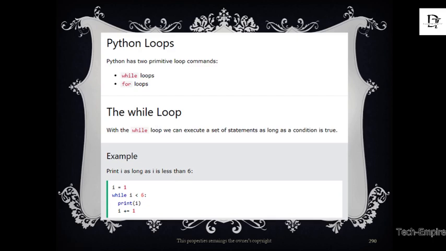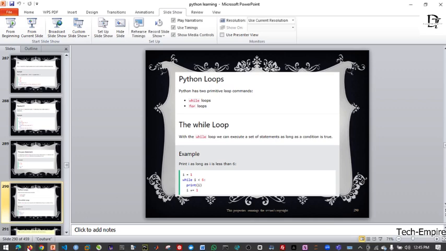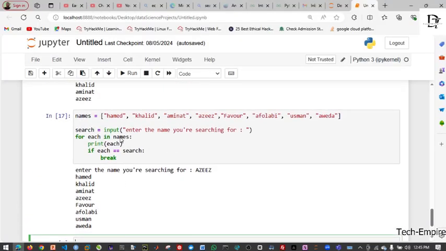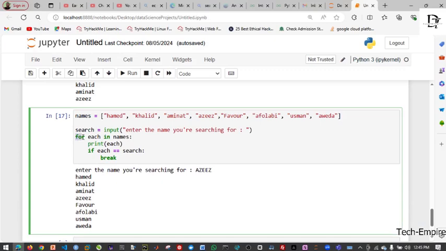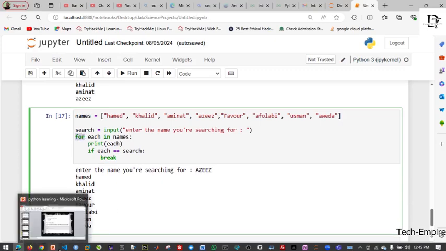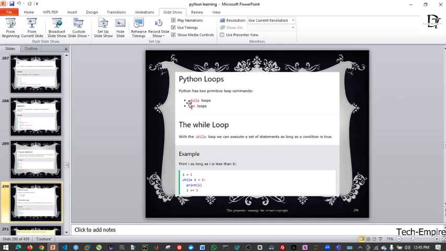we did for loops so far. So for loops and while loops in Python. There's one called for loop, there's one called while loop. If you look at what we did earlier, let me go back to the code. We say for. So this is for loop. This is for loop. So that means we have the two types, which is while loops and the for loops. So we're going to use